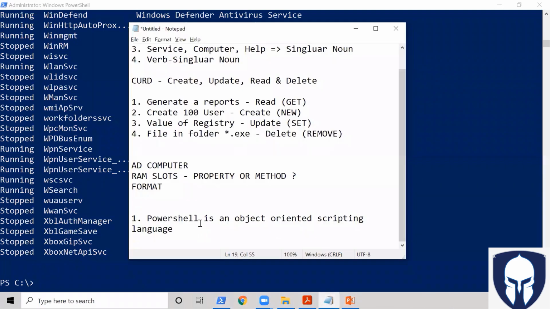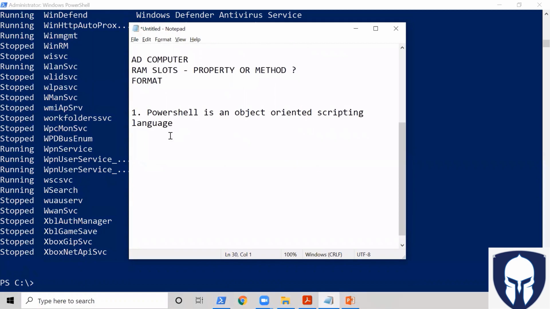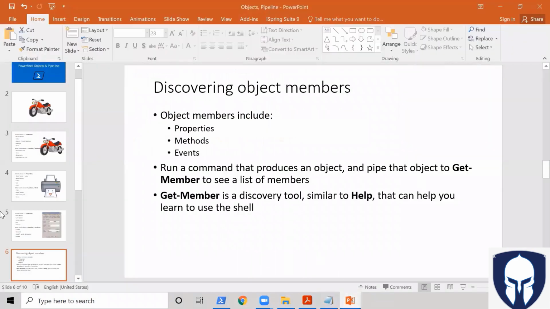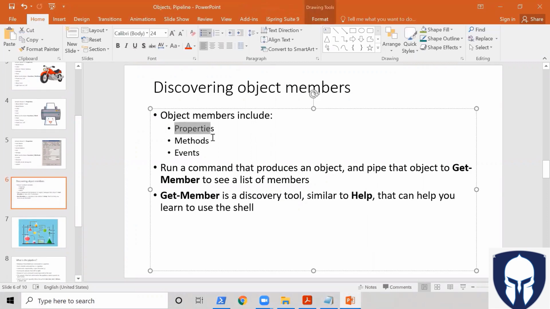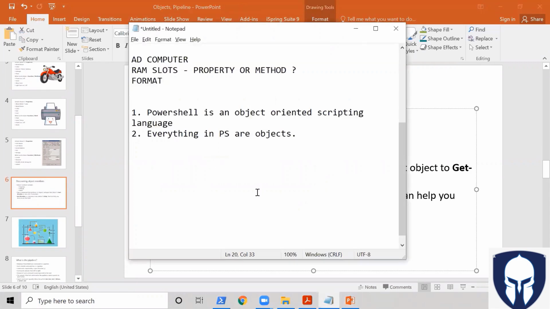So I repeat again, PowerShell is object-oriented, and everything in PowerShell is considered an object. Just keep it simple: everything in PowerShell is an object. Before I get into that, now we understood these things, right? Properties and methods. I'll be showing those